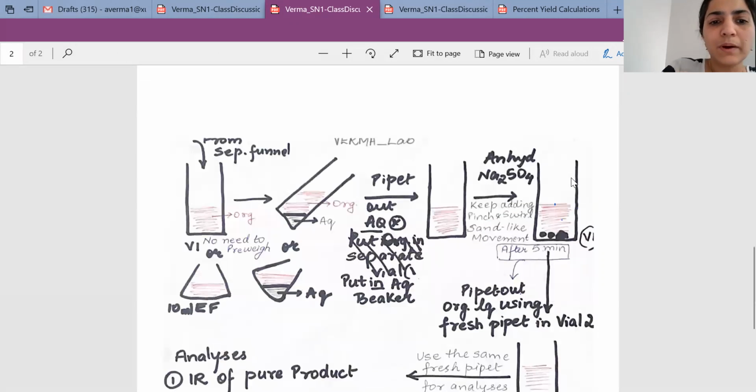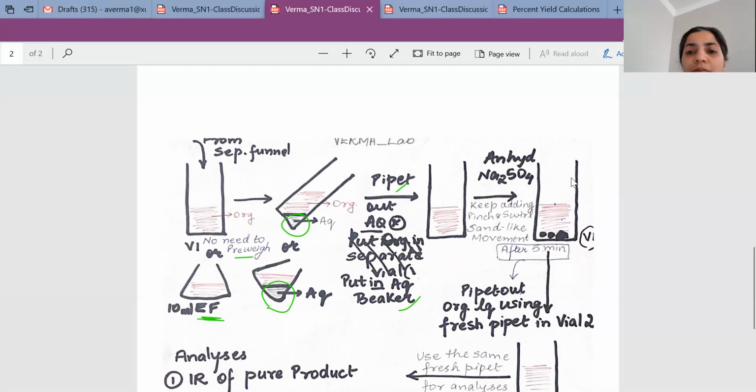Once you have your V1, which you do not need to pre-weigh, you will tilt your shell vial so you can better see if there is any aqueous layer left behind. You will pipette this layer out and discard it or put it in the aqueous beaker that you already had. If you're using an Erlenmeyer flask, then you will again tilt that smaller Erlenmeyer flask to figure out if you have some aqueous